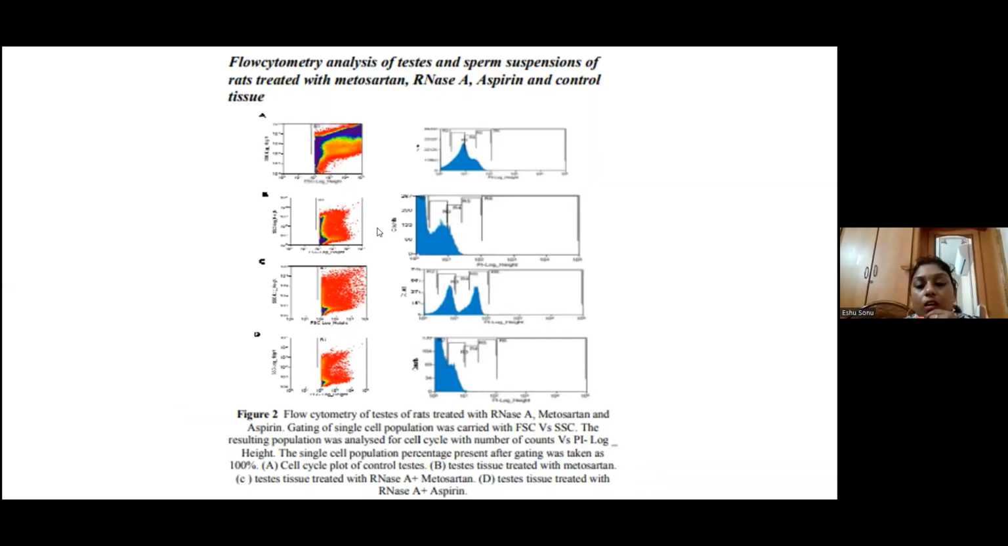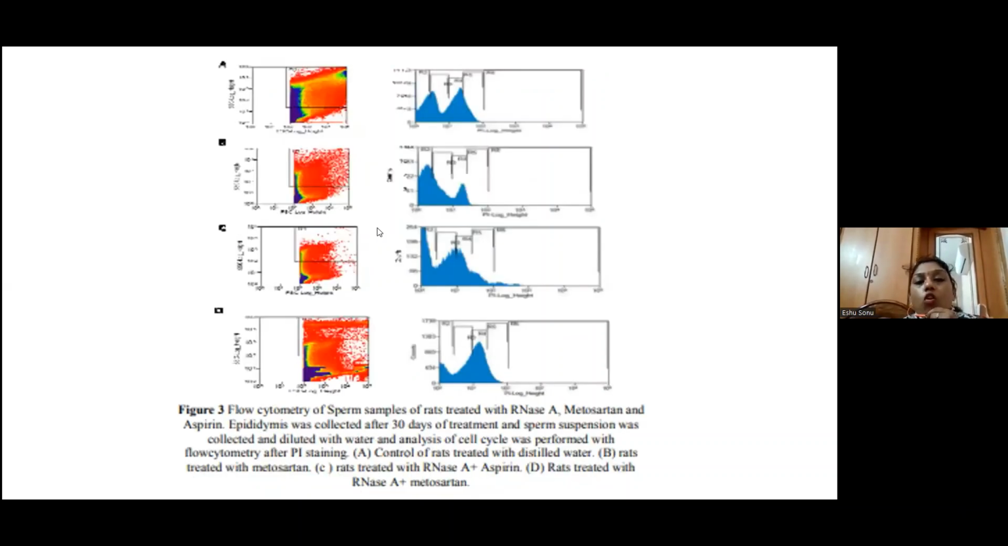So this is the testis. In testis, we have performed this study. And when you go for sperm count, A1 is the control, B1 is the metosartan treated, C1 is the aspirin and RNase A, and the fourth one is the metosartan and RNase A. You can see how the aspirin is such a strong inducer of apoptosis through the